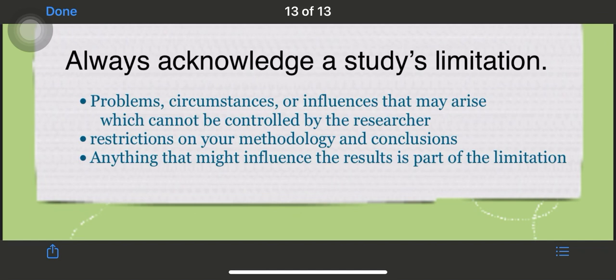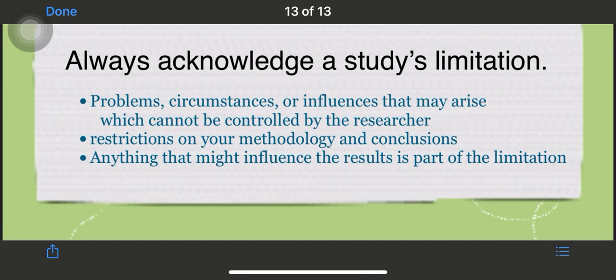Kasi syempre, life and human beings and human behavior, it's very, very complex. You cannot discuss everything and anything about a particular aspect of human behavior, for example. Kaya kailangan mong i-specify, okay, ang pag-aaralan ko lang ay ganito, at hindi ko isasama itong aspetong ito dahil